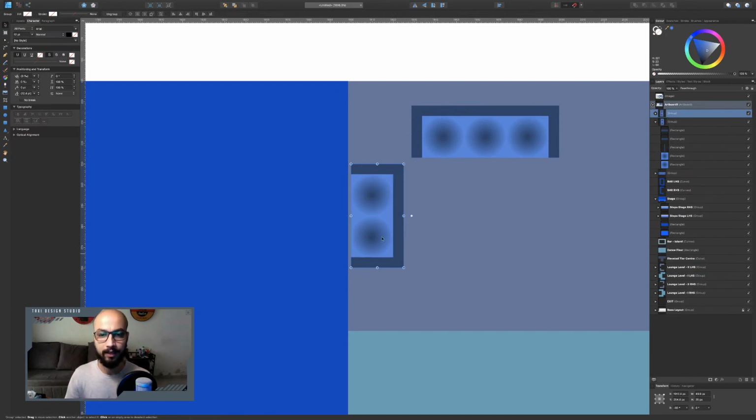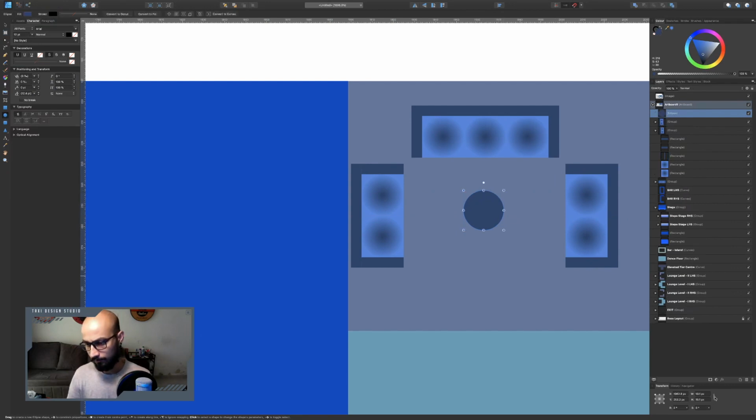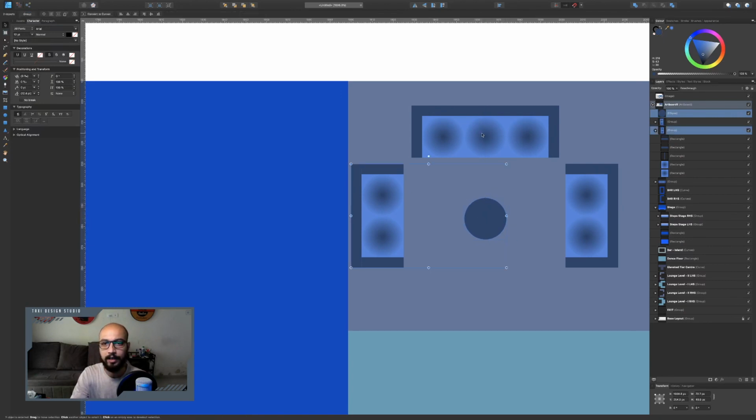Flip it, copy it, flip it, bring it here. Then a coffee table, 2 feet diameter. Now this is your sofa set,